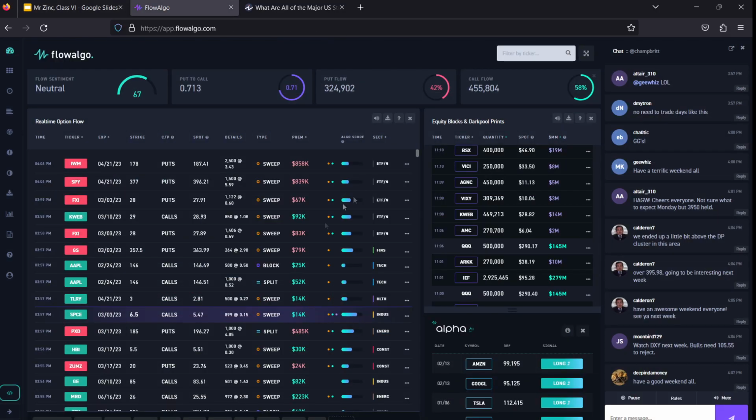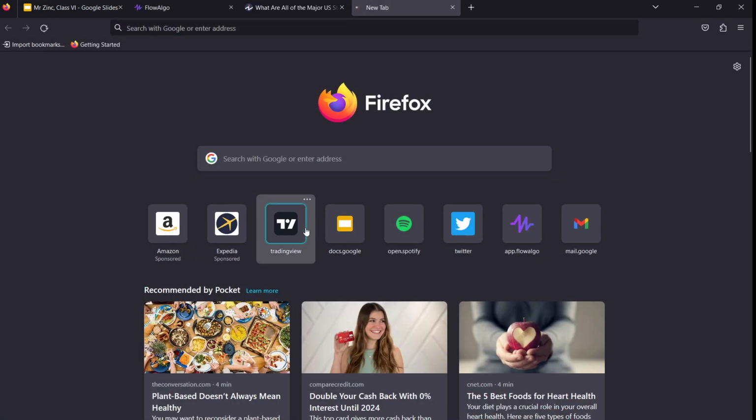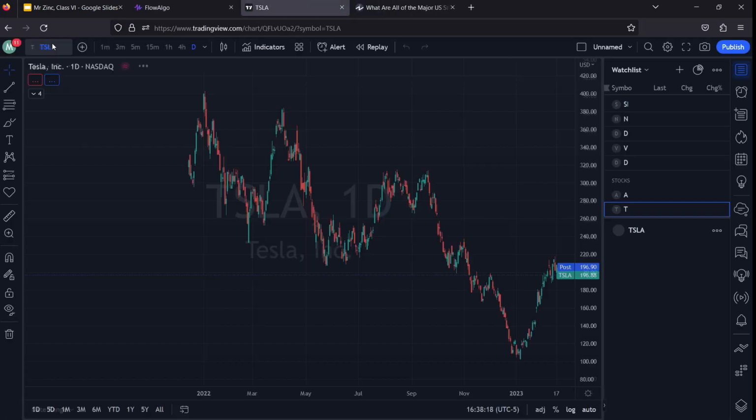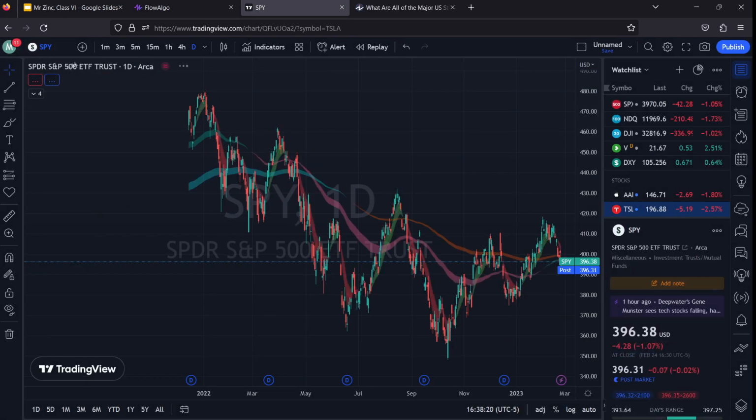Getting right into it, though, again, I use Flow Algo. All of this information does look a little mind-boggling at first. You're just going to start in different corners. I'll just leave it as it is. So today, I can pull up the SPY chart from today real quick. If you look at the 5-minute SPY chart from today,